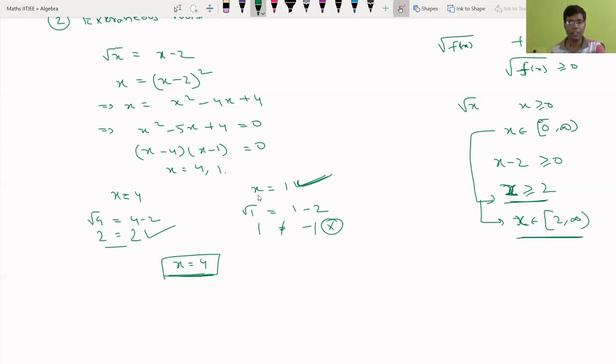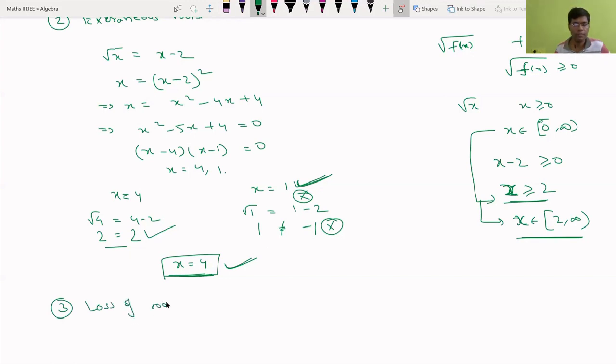But here I have got x is equal to 1, which doesn't come in this domain, which is before 2. So that's why I am neglecting x is equal to 1 and I am taking only x is equal to 2. Fine. So whenever we are squaring, the domain expands and gives us an extra root. Now the next thing is the third one,